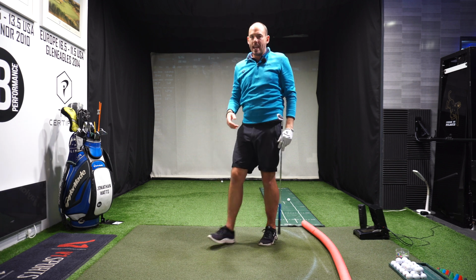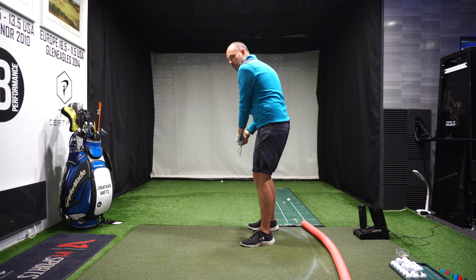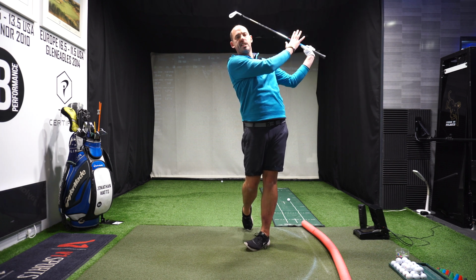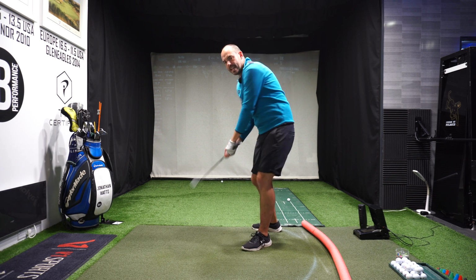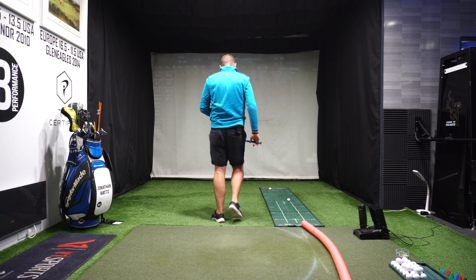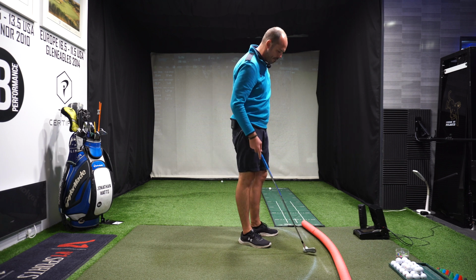really low. If you're working on this, the image I want you to have is of Tommy Fleetwood's finish position, how he works through the golf ball. It's something I need a lot more in my golf swing, and finishes with his arms very low, not up here high. So we're really getting that body dominated release where we're getting that club working low and inwards on the way through. Now, actually, it's a shame I didn't see the ball fly on that, because that one felt